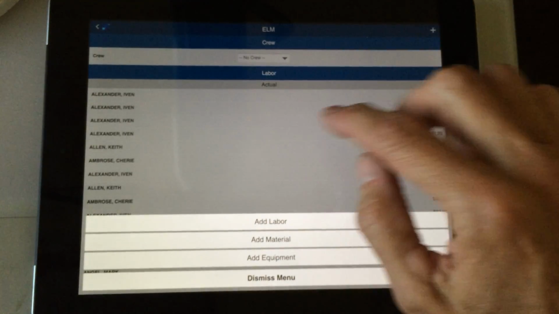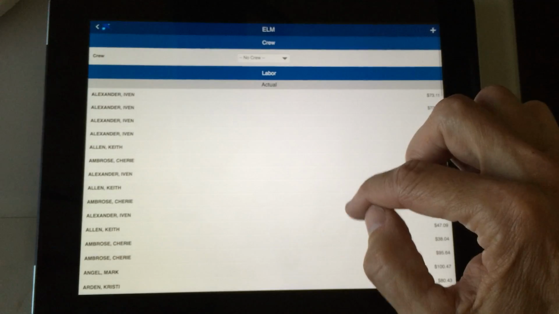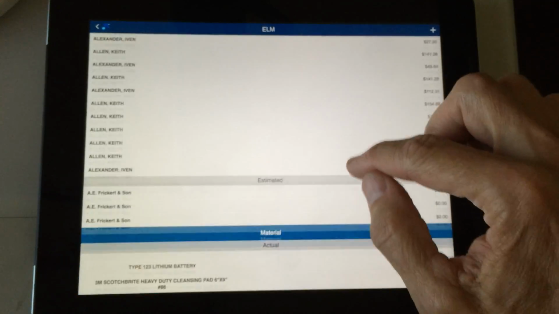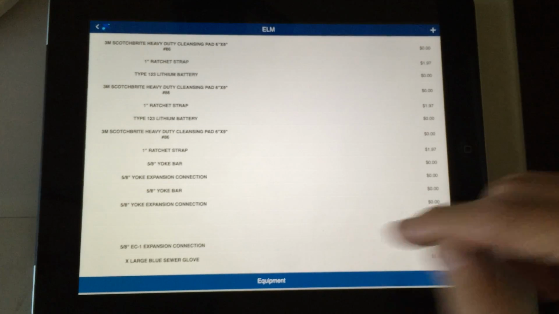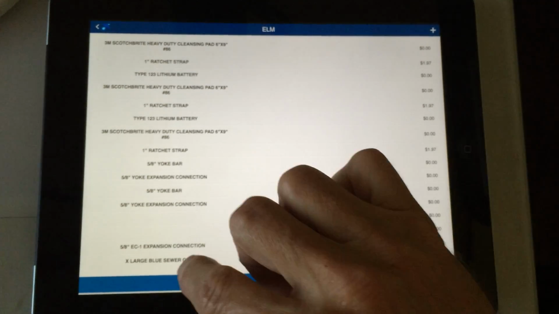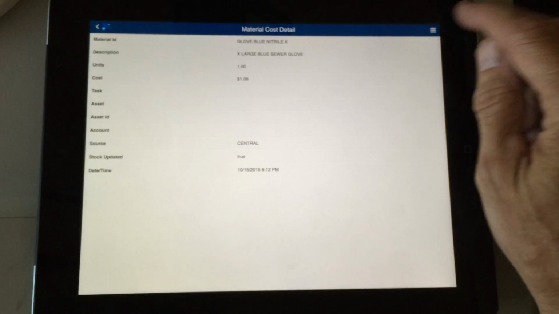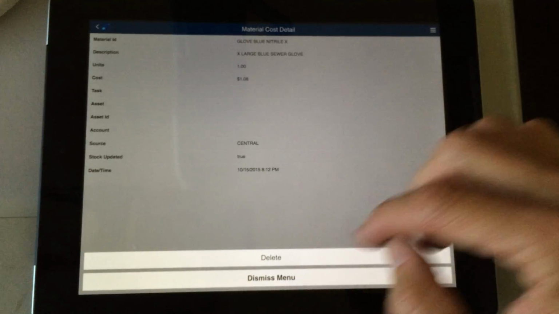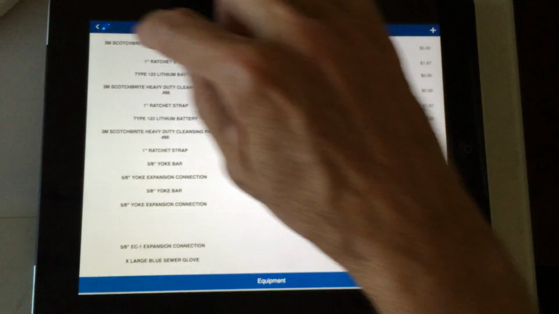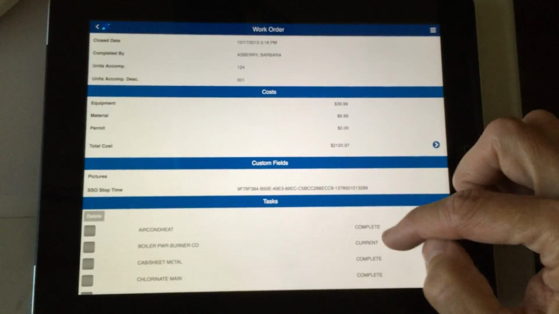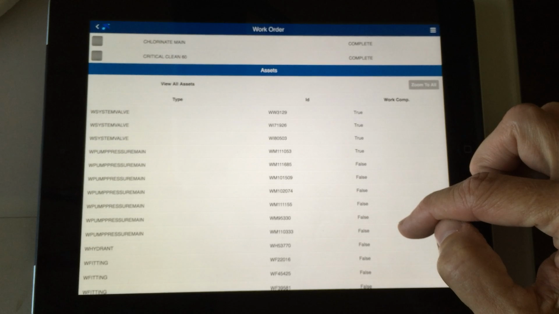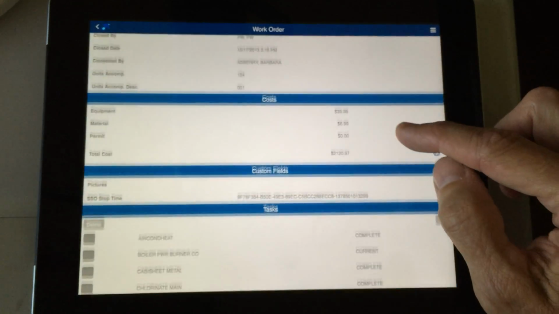Oop. Okay, so we added that. There's our glove on the bottom. Open that up, maybe delete it if I didn't want to add it. Okay, so labor, equipment, materials is pretty similar, just an item over there. Assets, obviously, we've got